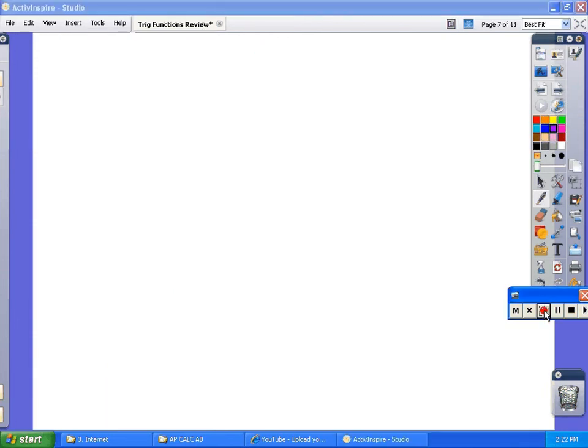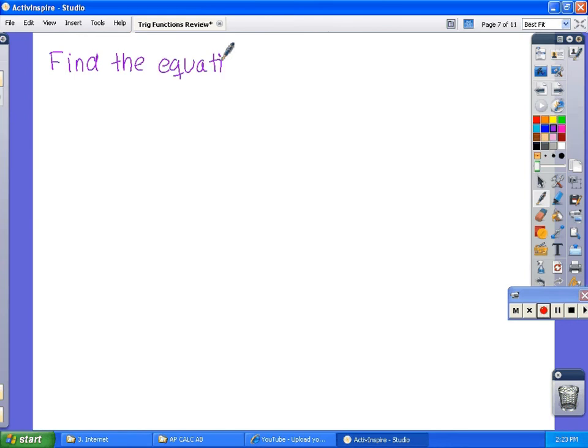So I just realized that I think I want to do that in a later lesson because we don't really need it just yet. What I will do is go through a problem that applies to what we're doing now. A problem that would be helpful would be: find the equation of the tangent line